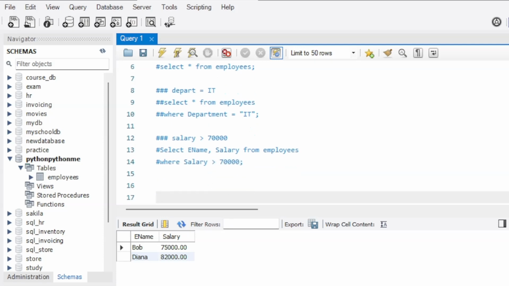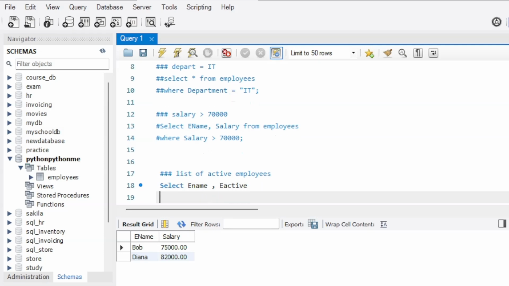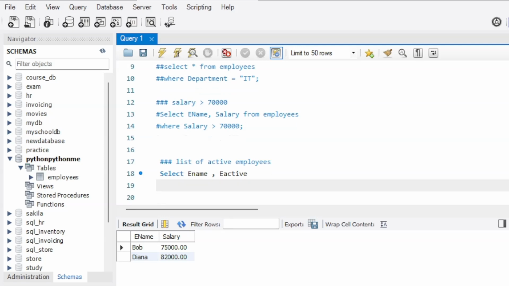This can be used for generating reports and different base cases. Let's go ahead with the third implementation, whereby we would like to get hold of the list of active employees. We will write SELECT the name, here the e-name, comma e-active. E-active is basically a binary column consisting of zeros and ones. So it's a boolean column which refers to whether that employee is active or inactive. So we'll write FROM employees